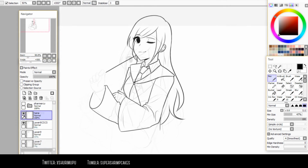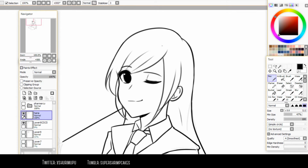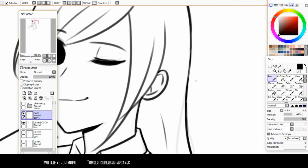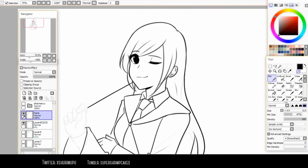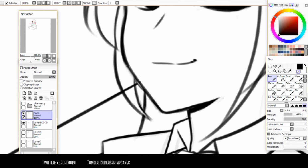Okay, so we're back to where we left off. Perhaps you can see I've cleaned up most of it. Not exactly clean, but compared to my previous layer, this is much cleaner, and this is what I will be coloring on. Probably have to fix some of these edges. But...